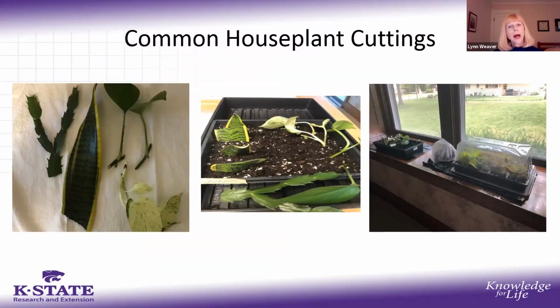Other things you have around your house you might want to propagate. Left-hand picture, there's a piece of Christmas cactus, a piece of Sansevieria or snake plant or mother-in-law tongue, whatever you call that, and 2 different kinds of pothos. If you look at the green pothos there, you can actually see where roots are starting right behind that leaf node. Those are just begging to be propagated. So I took those and I put them in a container of moist, clean potting soil.